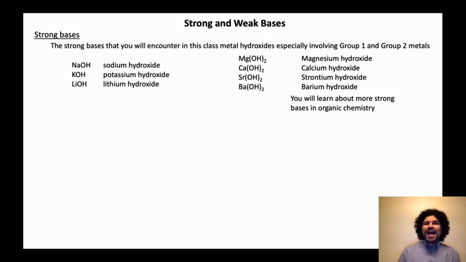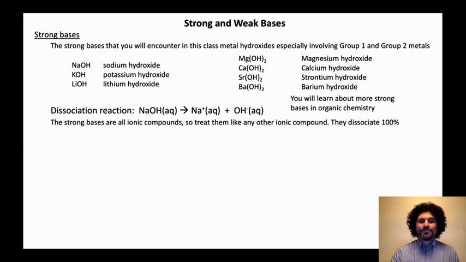We can do the same analysis for bases. So the strong bases that you're going to encounter in this class are metal hydroxides, especially involving the group 1 and group 2 metals. So sodium hydroxide, potassium hydroxide, lithium hydroxide, and then also magnesium, calcium, strontium, or barium. Note that if it's a group 2 metal, there are 2 OHs because group 2 elements want to form a +2 charge. And you'll learn about more strong bases in your organic chemistry class, but this will be good enough